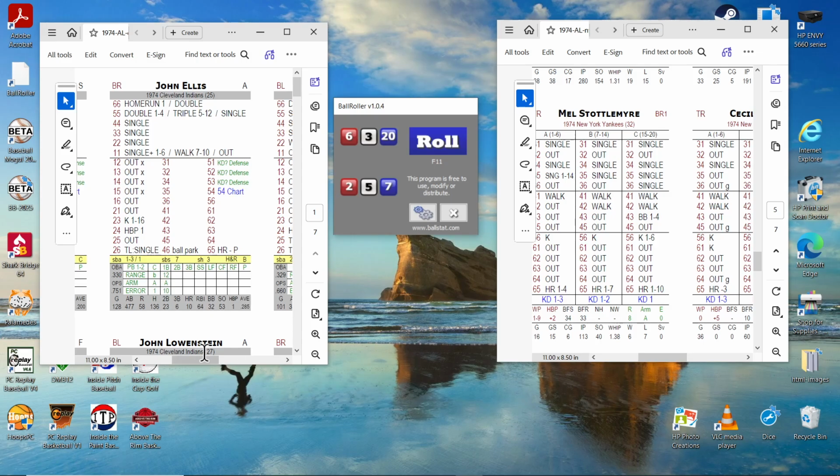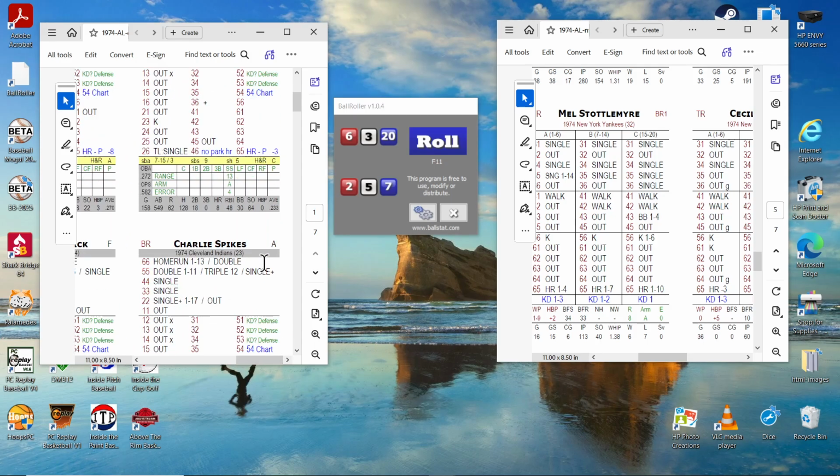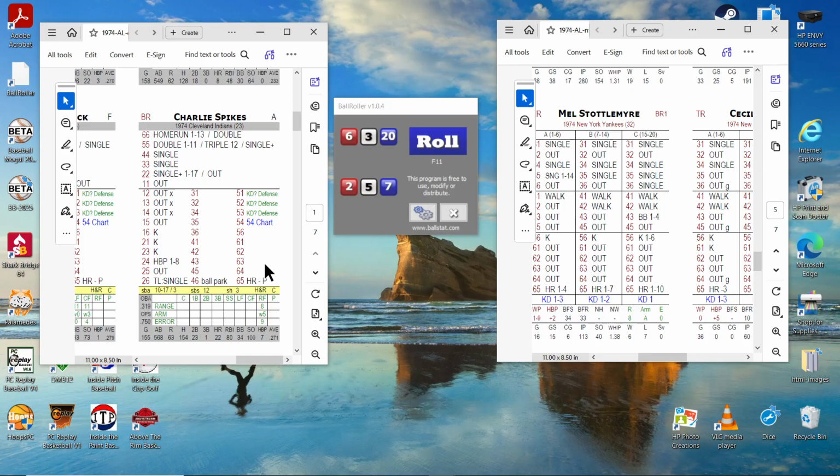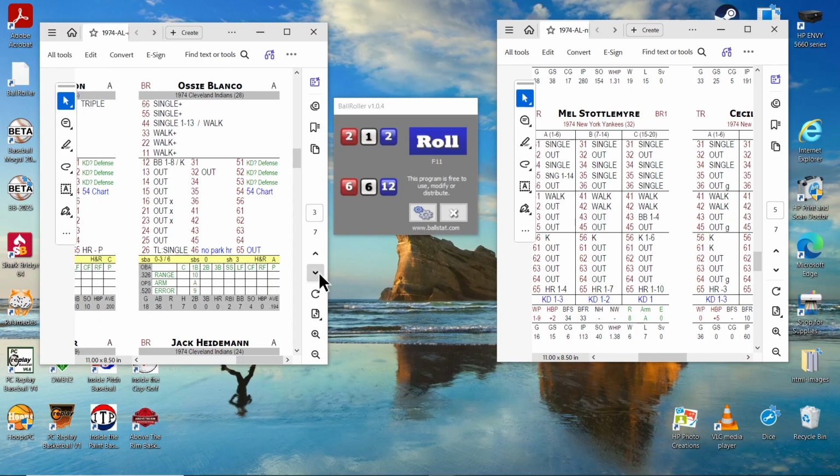And it's going to be up to Charlie Spikes to try and get a big hit here off Mel Stottlemyre. Indians again threatening, but they have not been able to score. Let's see if Charlie Spikes can come through. Stottlemyre is ready, and here's the pitch. And a 21 on Spikes is a strikeout. So he does not get the job done. That is the first strikeout for Stottlemyre, and he came at a good time. Yankees protect that 1-0 lead going to the bottom of the third,